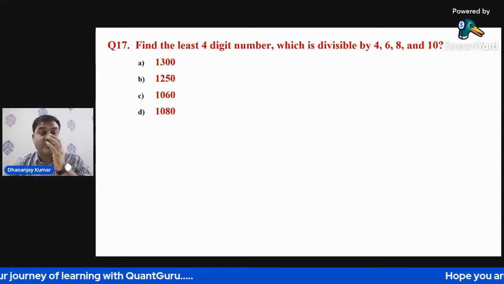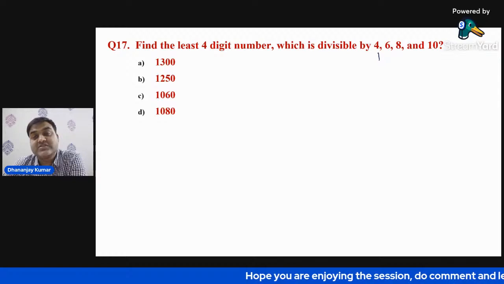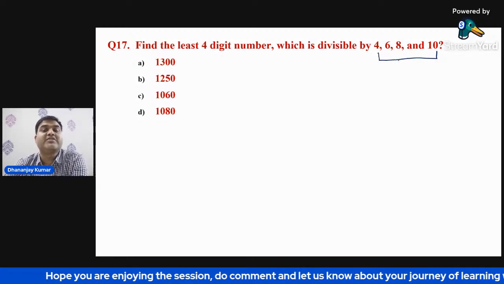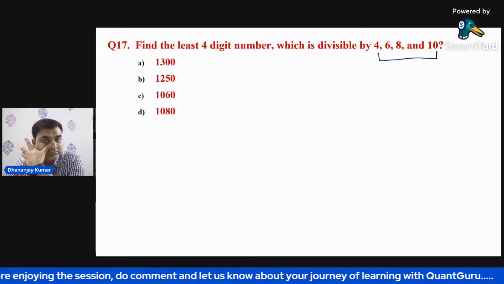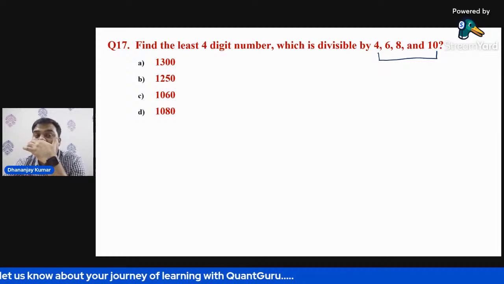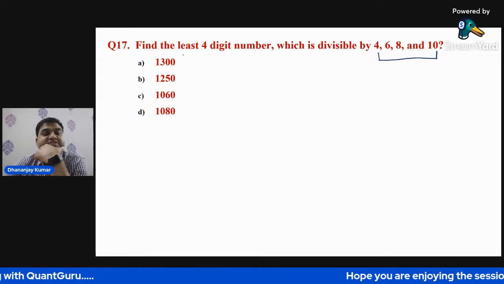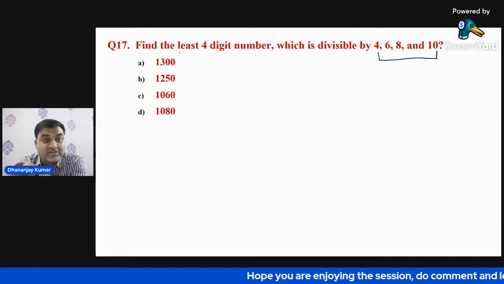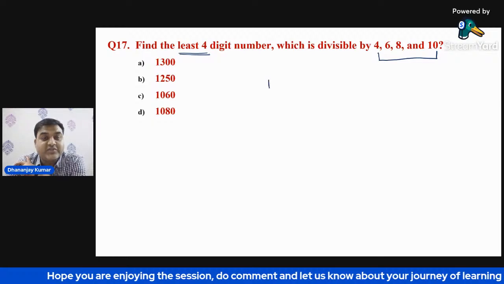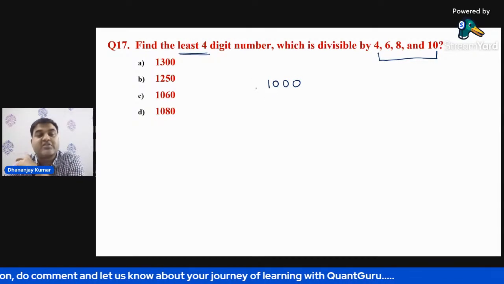Find the least 4-digit number which is divisible by 4, 6, 8, and 10. So it has to be a four digit number which is least. The crux is how to find the least four digit number. What is the least four digit number? It is 1000, right? 1000 is the smallest four digit number,